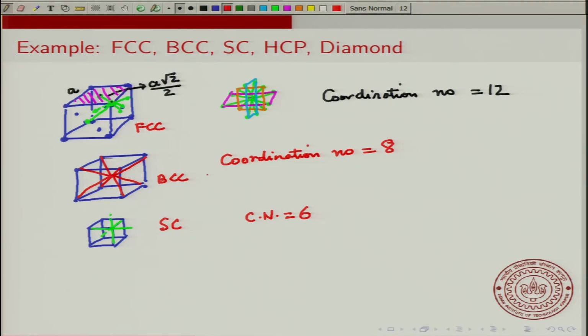What about the HCP? So HCP you can see fairly easily. I won't do this in detail, but you can see that HCP, the coordination number is 12. Okay, and to see this, you just imagine that you have this hexagonal plane that is perpendicular to the screen, and you have another hexagonal plane that is perpendicular to the screen. Okay, and if you imagine the center of this,